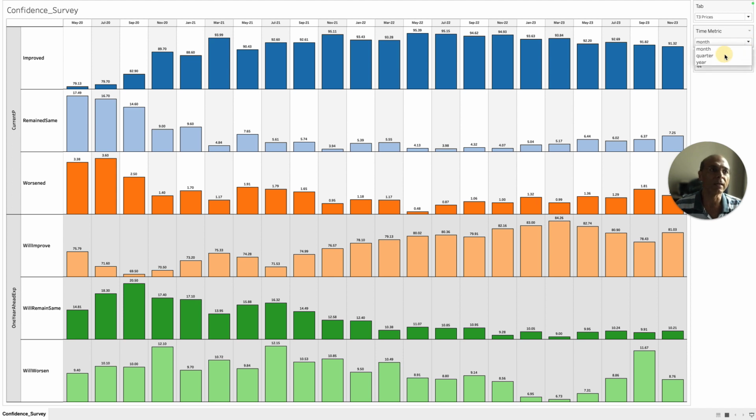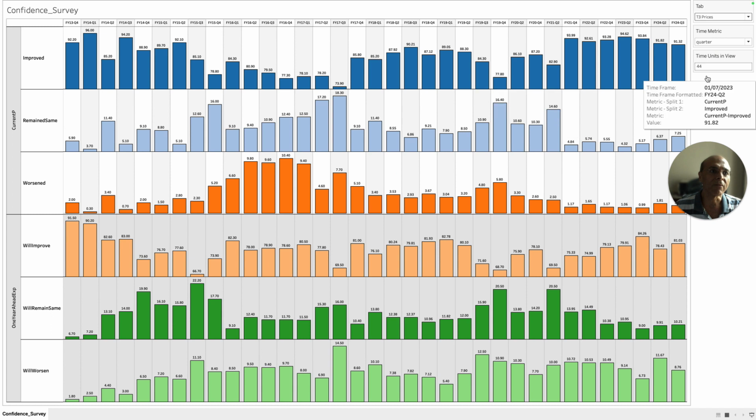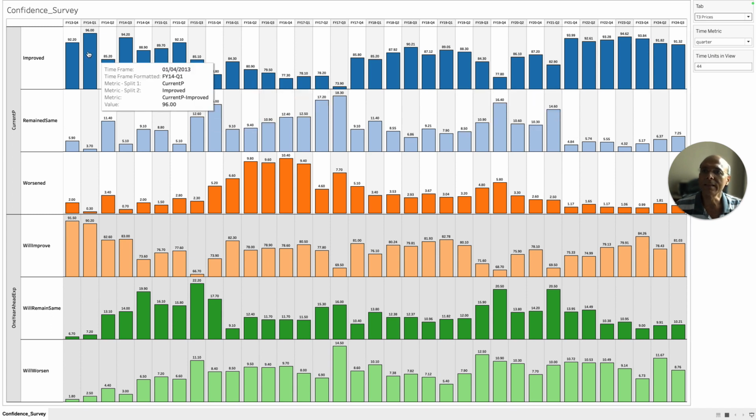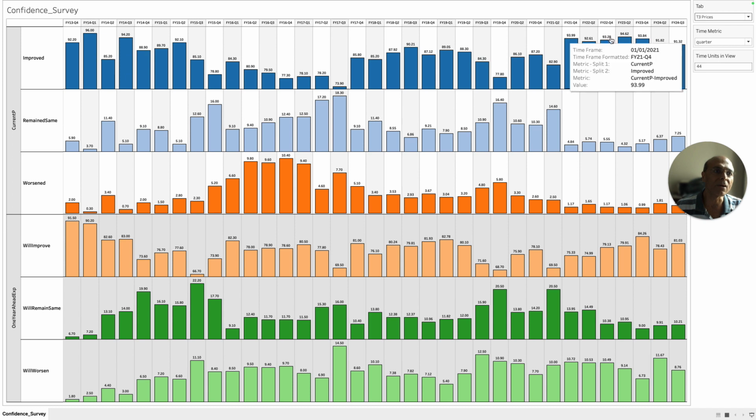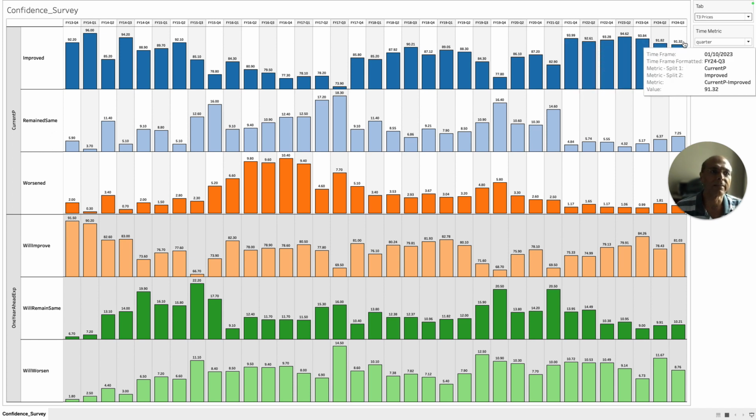Now, if I do a quarterly time scale, what kind of situation do we see? We see that it's almost flat after COVID. Most of them feel that the pricing will improve, because at the time when COVID had struck, the sentiments were bad, but now, more or less, it is flat. But the key takeaway from this particular chart is that there is a perception going forward that 1 year from now, the respondents feel that the pricing situation will improve. That is a key takeaway.